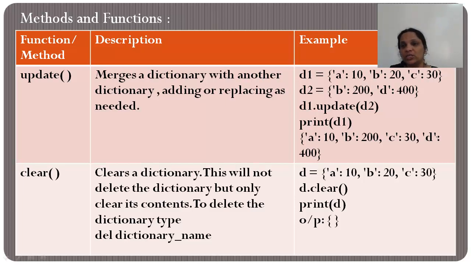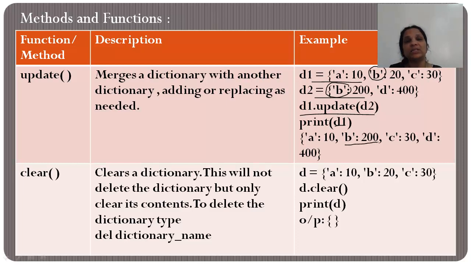So let me just explain to you with the help of an example. So you have the first dictionary here with you. You have the second dictionary here with you. And please notice that both the dictionaries have the key called B. When I say D1.update(D2), D1 is the dictionary that gets updated, and D2's values get merged into D1. So D1 is going to get extended, but D1 already has a B of its own. Then what happens? Updation takes place.